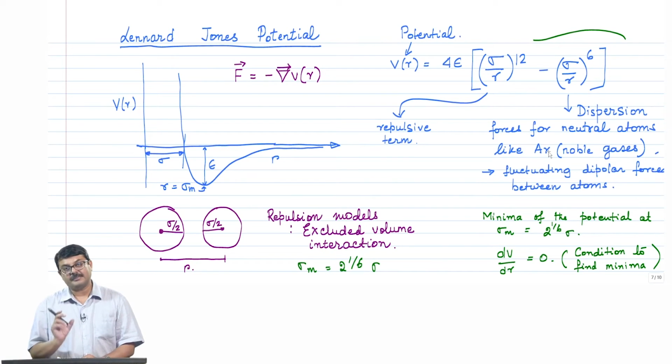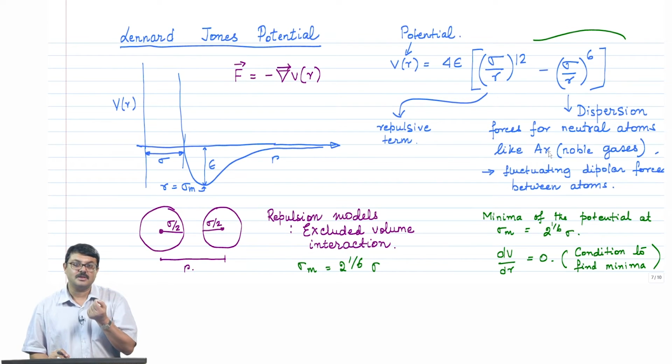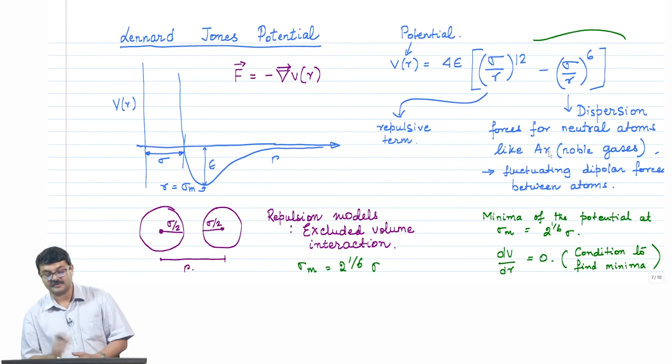So, basically what happens is that the center of the positive charge, which is the nucleus, and the electrons basically oscillate, they move around in space, due to which there are local in time effective dipoles which are formed, and these dipoles are constantly fluctuating. I mean, the strength of the dipoles are constantly fluctuating because the charges are moving around, and the center of charge of the electron cloud need not exactly match all the time. On an average, of course, it matches, but not